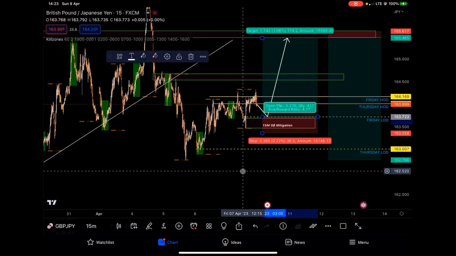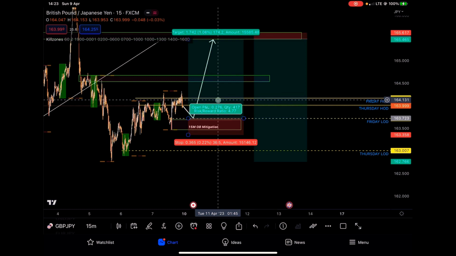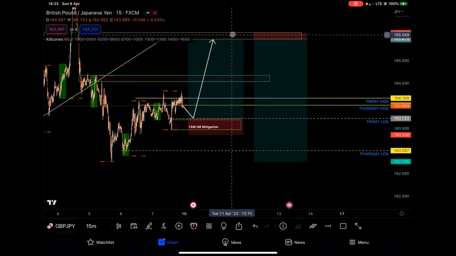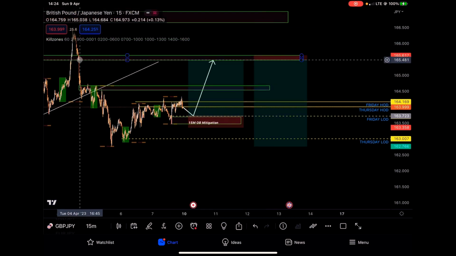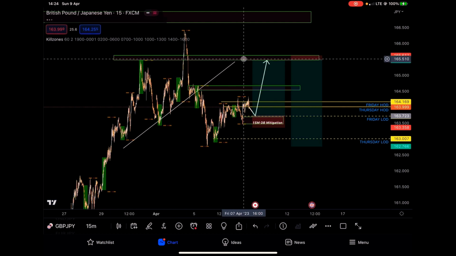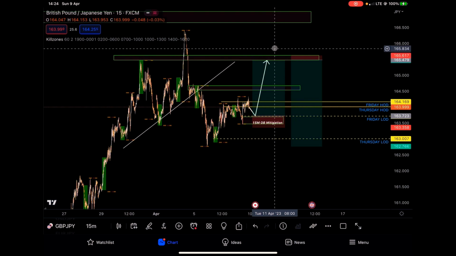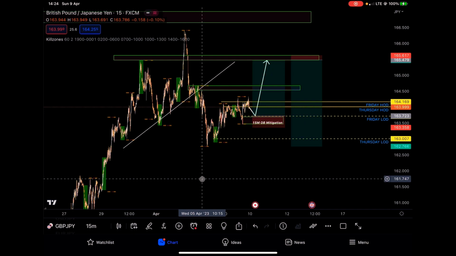The bigger move here that I'm anticipating is actually the sell. The sell would mean we have to wait for all these levels to be broken, and mitigation of this level, rejection. We will look for our entries, and as you can see, the setup is self-explanatory. Very tight SL on this particular order block. This order block is what's holding the market bearish. If it does break this, then it will definitely be bullish. So this is my view